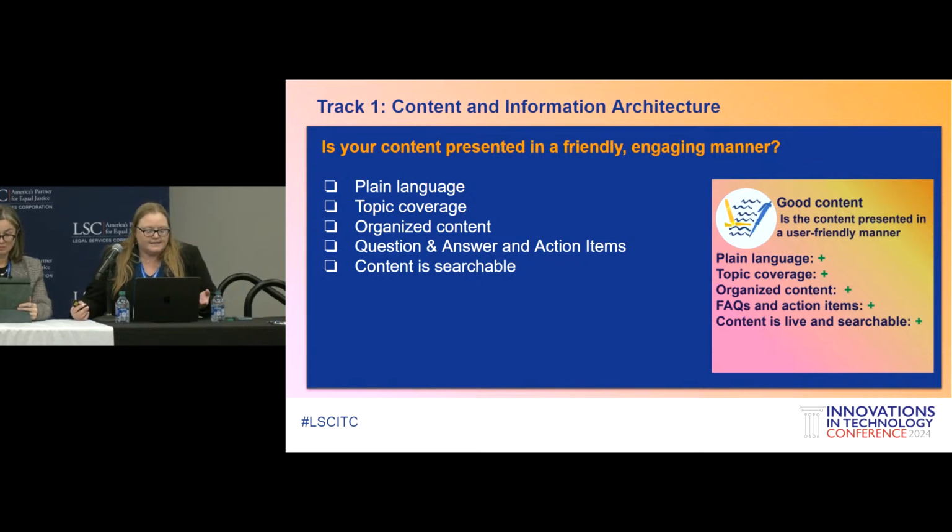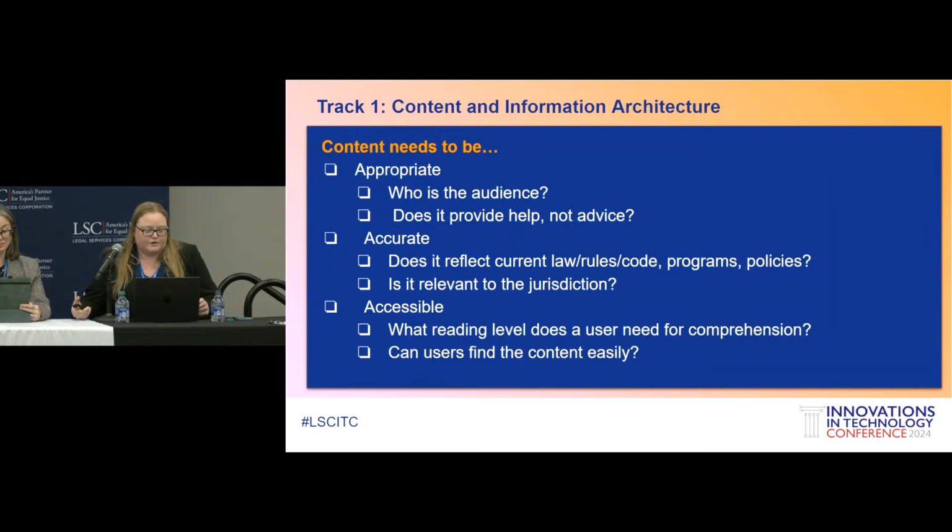And then the last is making sure that your content is searchable. So making sure you have meta keywords and category tags embedded within your content. But also, one thing that we do is we look at the search results not only in Google Search Console, but within our site itself. Once the user gets to your site, analyzing that content to see what people are looking for is really important to making sure that you're providing enough information for your user.